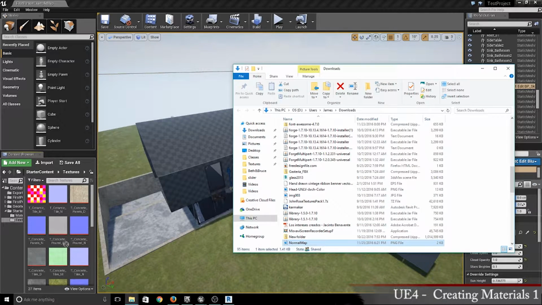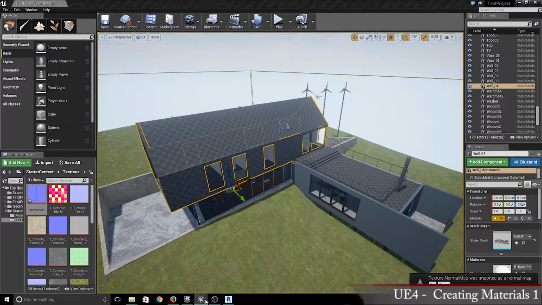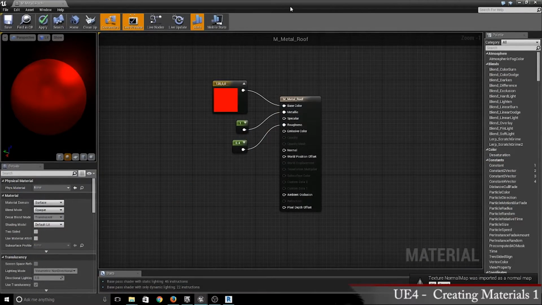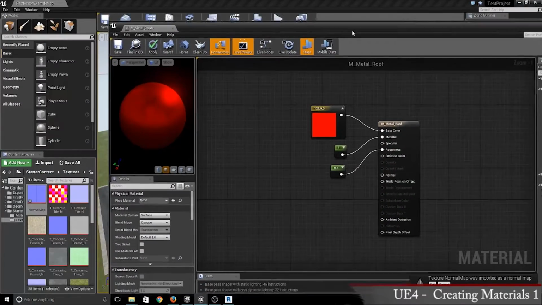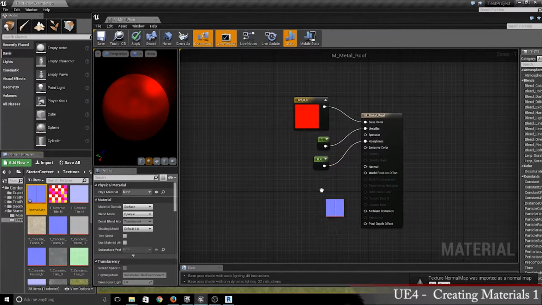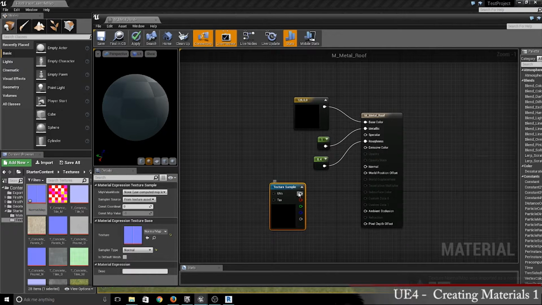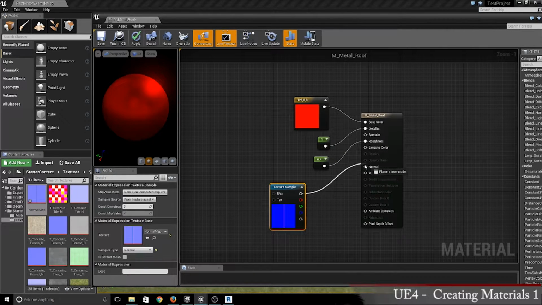Let's just drag that over here. And let's go back to our material editor. We can drag that up in here, and then just click on this node and drag it over to there. And once it's done thinking,